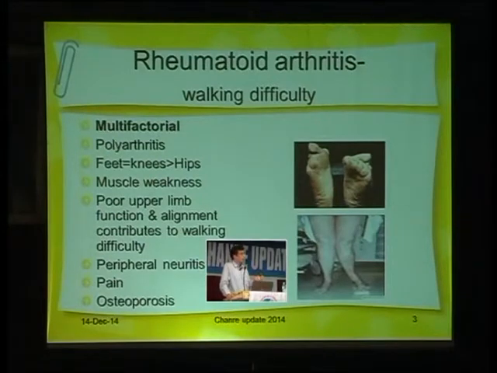And also arthritis causes a lot of deformities. So it leads to poor lower limb function. I have written upper limbs here, it's a lower limb function alignment. It contributes to walking difficulty. So when the alignment is not proper, you have issue of balance. That leads to wobbly gait, antalgic gait, which can lead to easy tendency to fall down. And also rheumatoid arthritis after many years can cause peripheral neuritis. And in elderly, age-related neuropathy also is very common. So all these things contribute.